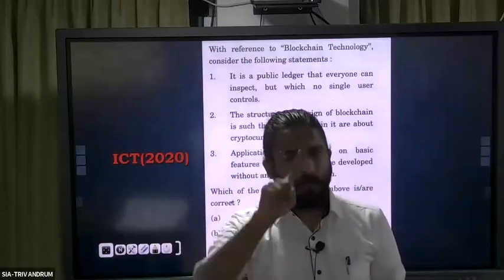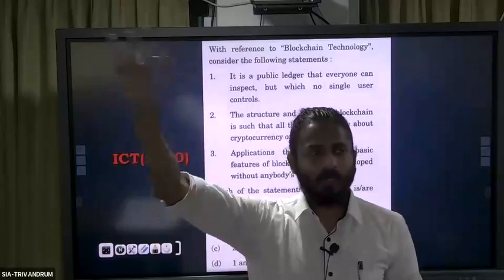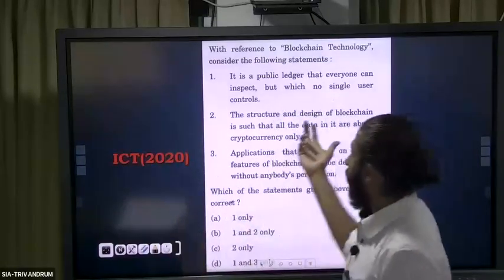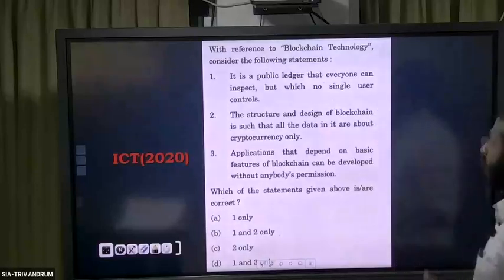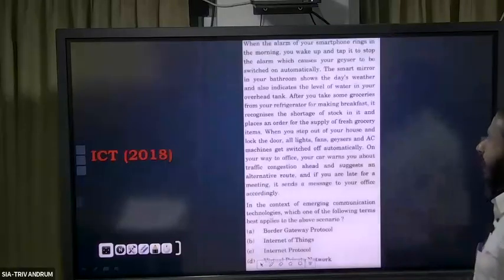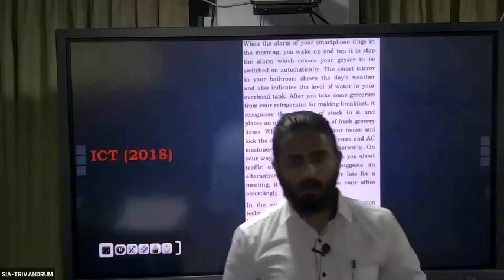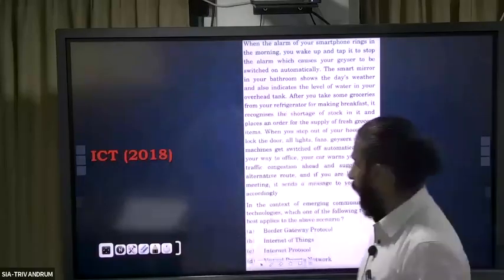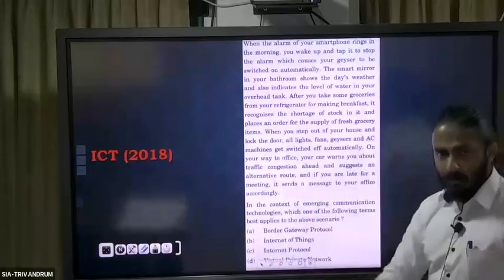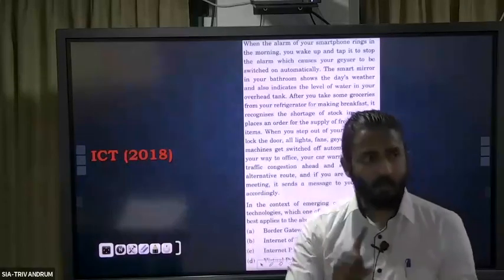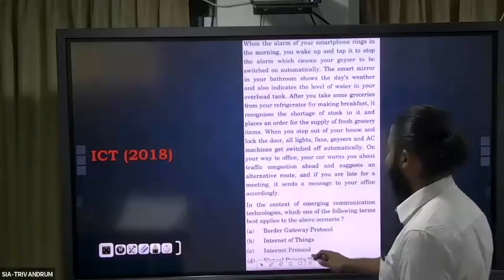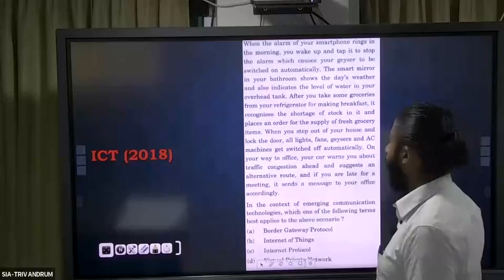So if you remember, I told you this artificial intelligence, blockchain, etc. had already come in the 2018 options. They asked again, they gave 3 statements of blockchain, asked you to pick the correct statement. Then in 2018, they wrote a long story. If you had time, it was interesting to read in the prelims exam hall. I know they asked about Internet of Things. But what I'll tell you now is go through the options. You know what is border gateway protocol, what is internet protocol, and what is VPN, virtual private network, the options